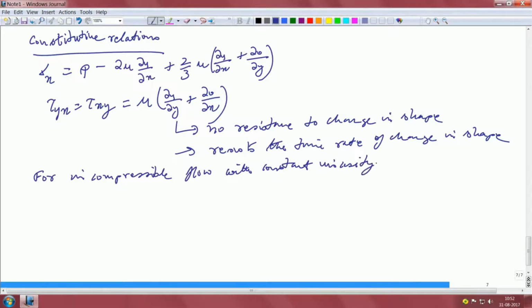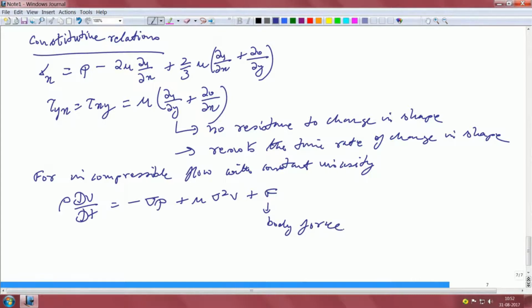That means the viscosity does not change with space. There can be fluids where the viscosity can change spatially, or with the flow field. So there, what we get is basically dV/dt is given by, and this is basically the body force. So, we have reduced this